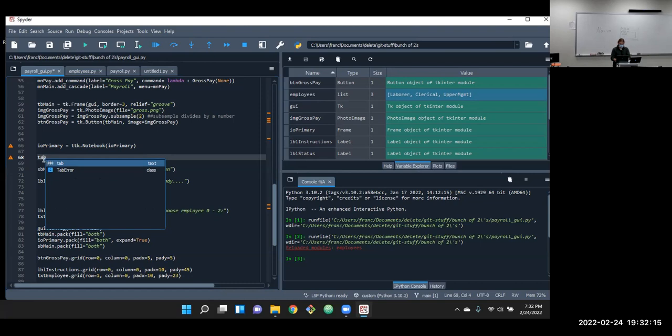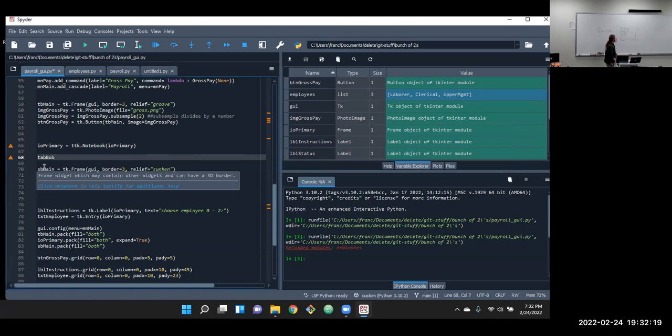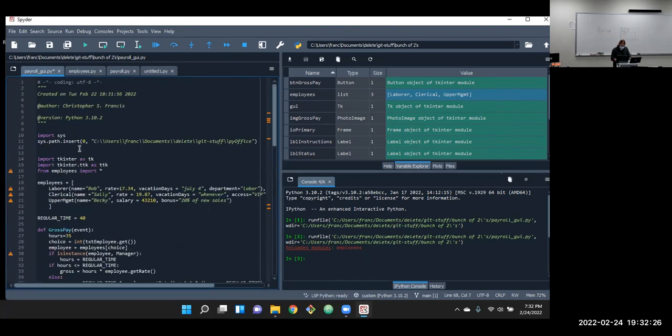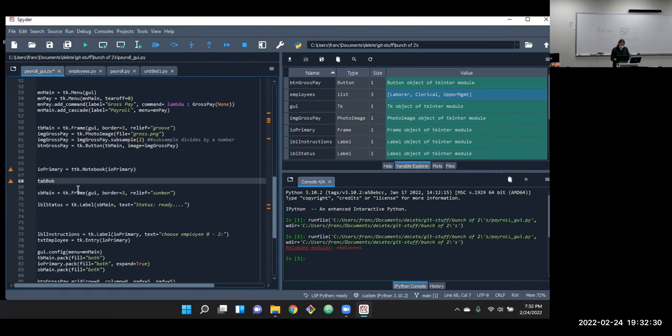So like tab Bob. And then we'll do Bob's payroll stuff on one tab. And whatever those names were, I think they're up here. Bob, Sally, and Becky. So we'll have a tab Bob. There's going to be a TTK.frame.